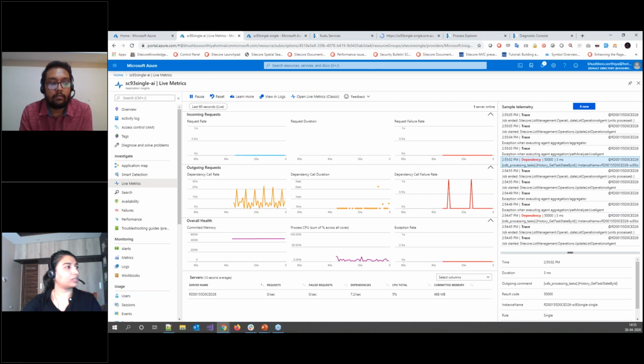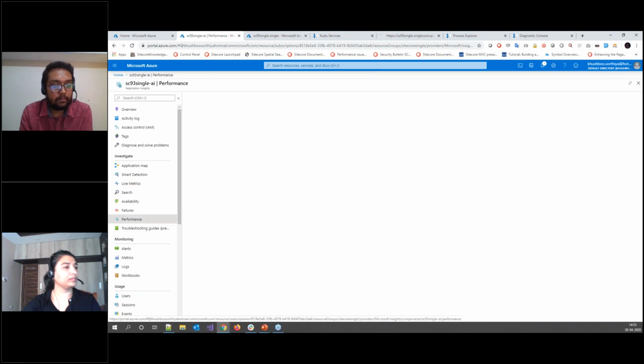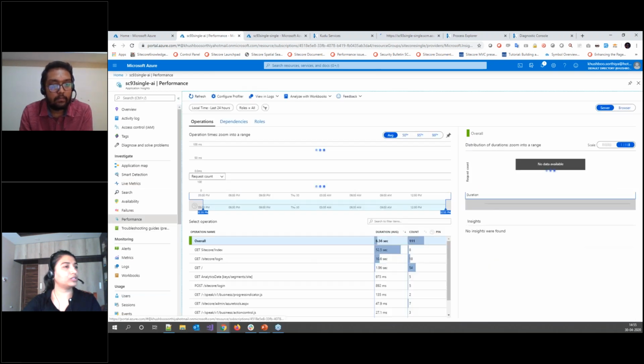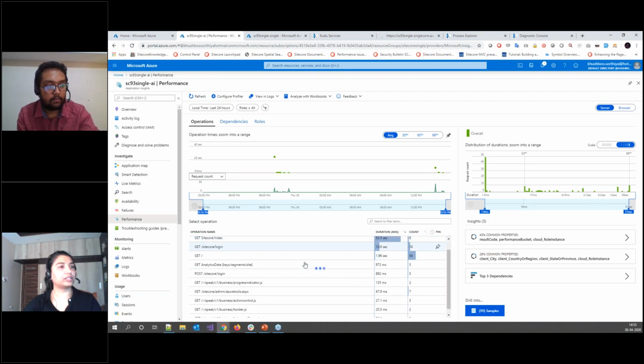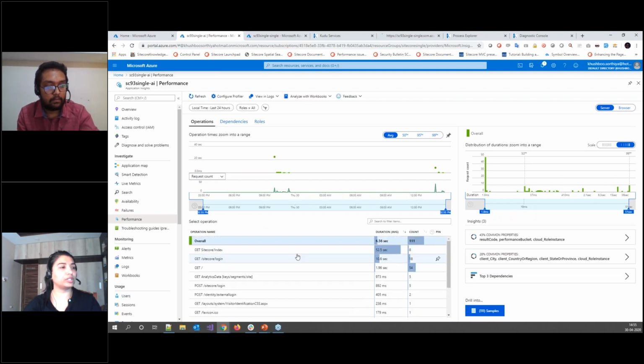Let's explore the performance panel. This is the performance panel provided by AI. It shows some metrics like request count, CPU utilization, available memory, and so on. It also lists the requests coming to your application, and shows the distribution of duration for that particular request.